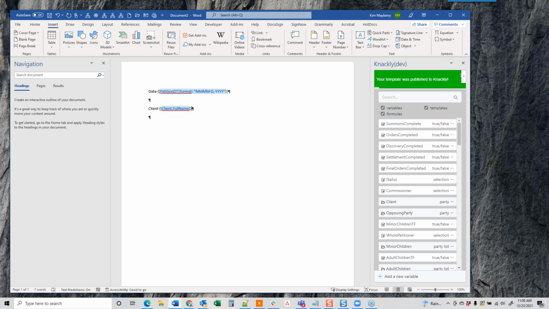I do recommend saving often, because the more often you save, you won't be as far down in the template that you're working on, and you won't have to go through, and it won't be as hard to find. So other things here in the Word add-in